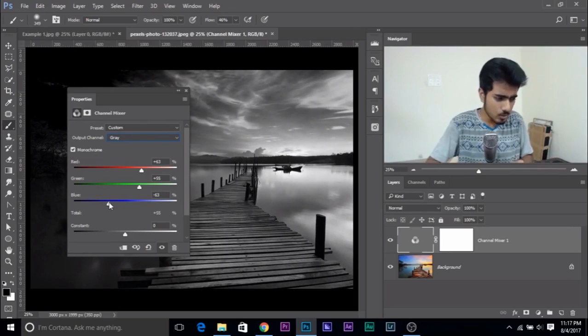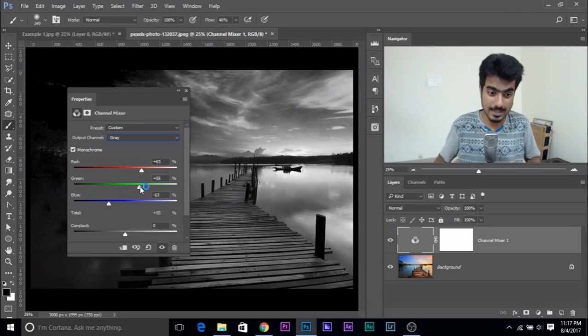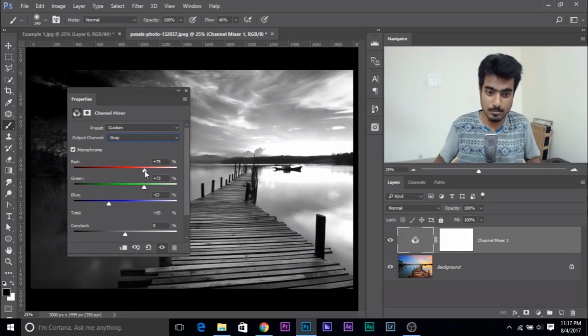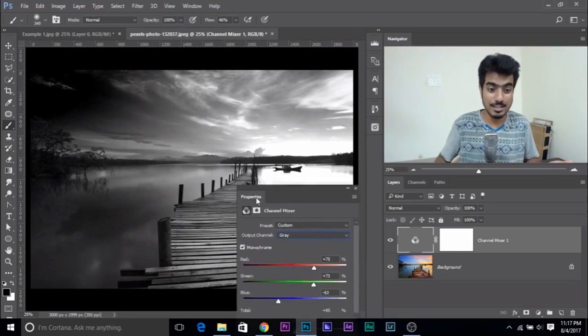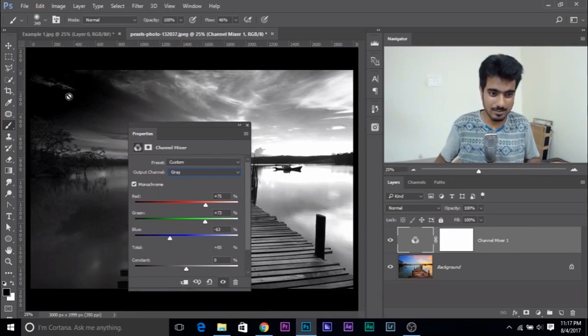So decrease the blues, but it decreases the overall brightness of the image. So the points to which you decrease the blues, you increase the same points by increasing the reds and the greens to balance that. Okay? Increase it a little bit to balance that, and that's pretty much how this works. Now it became a little dark, but you get the idea how to do it. Make sure the total is